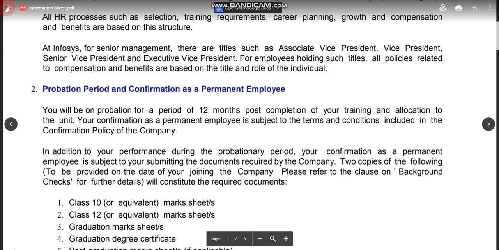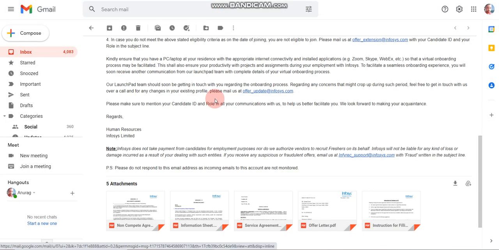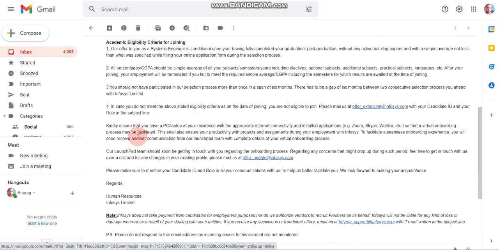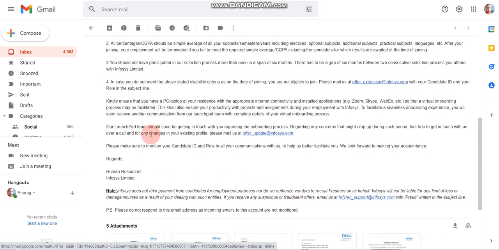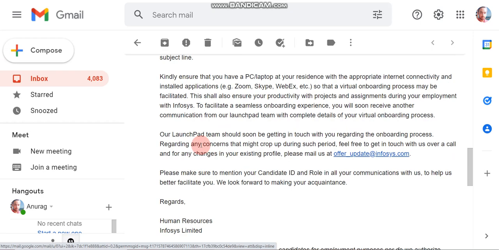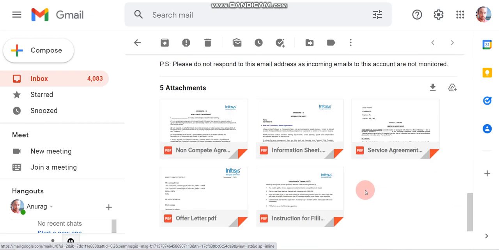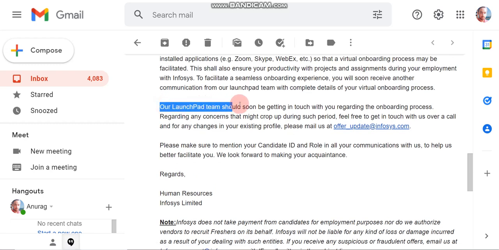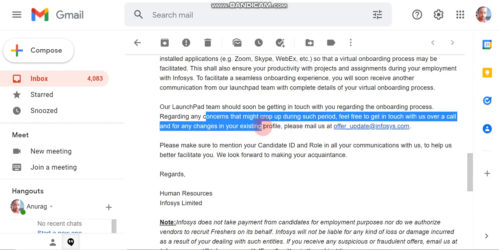Let me tell you what the next step is after receiving and accepting the offer letter. Here you can see they are saying our launchpad team should soon be getting in touch with you regarding our onboarding process, and regarding any concern that might crop up during such period, feel free to get in touch with us over a call or for any changes in your existing profile.